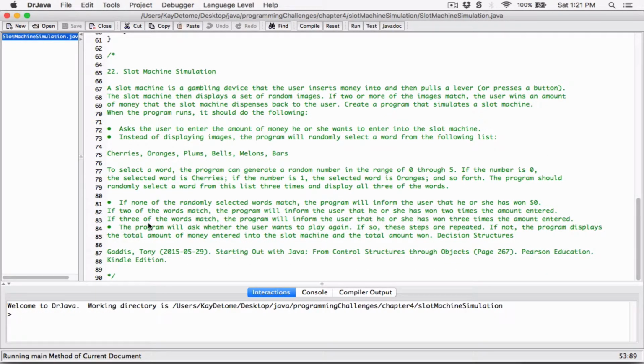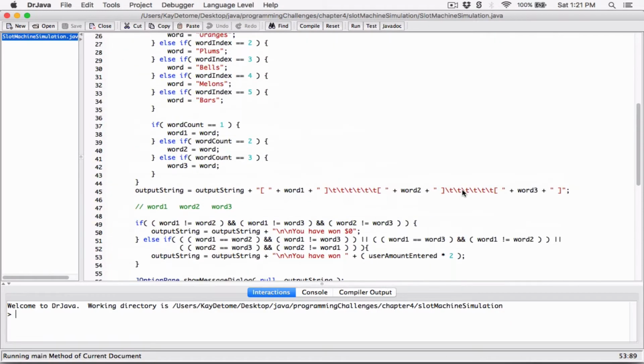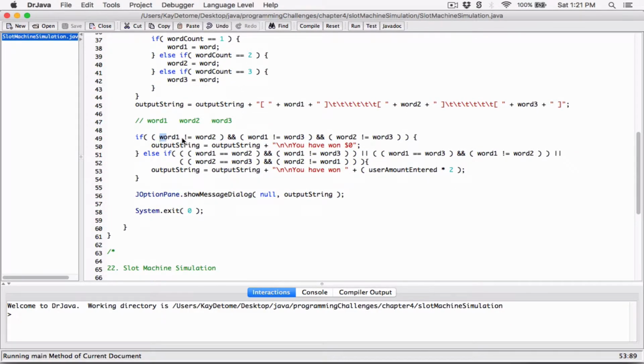Okay, so if 3 of the words match, the program will inform the user that he or she has won 3 times the amount entered. So now we've checked to see when none of the words match over here. We've checked to see if any 2 of the words match over here. Now think about it. If none of the words match, and if any 2 of the words match, right,